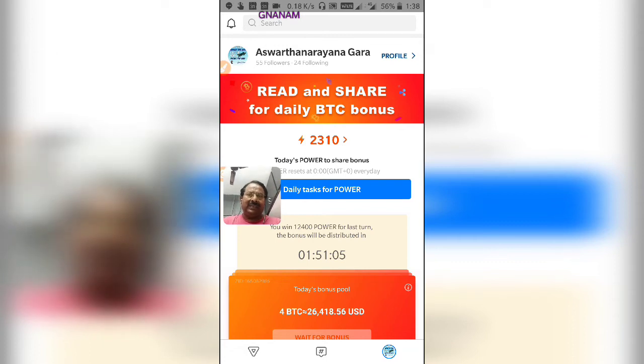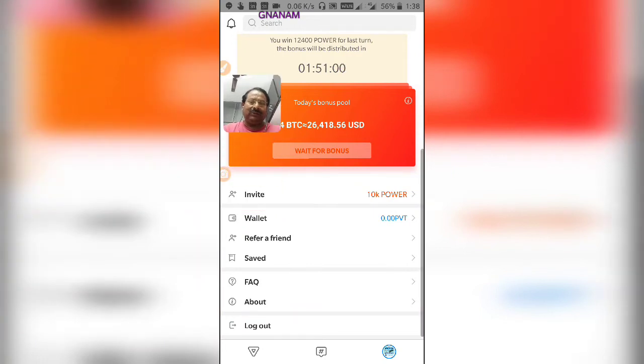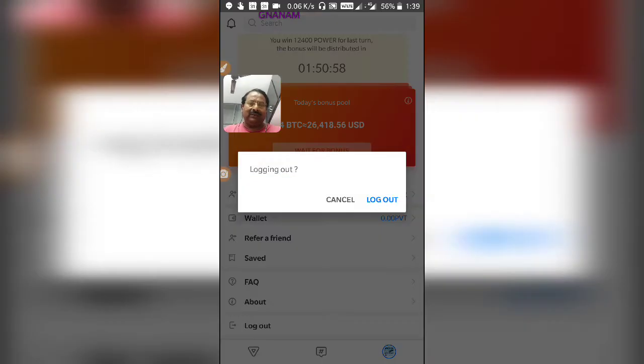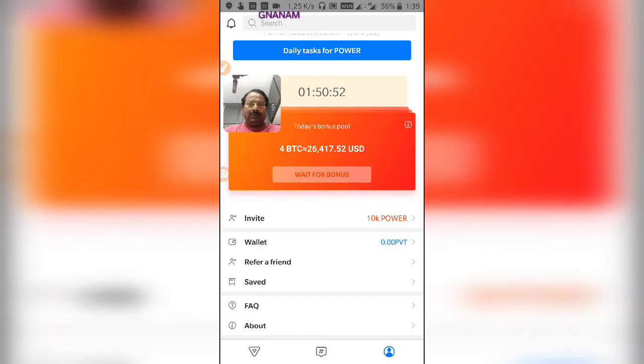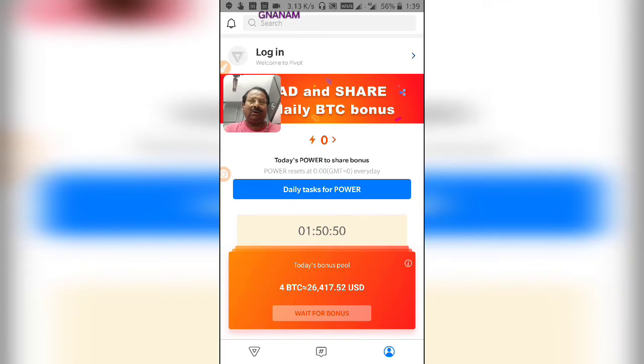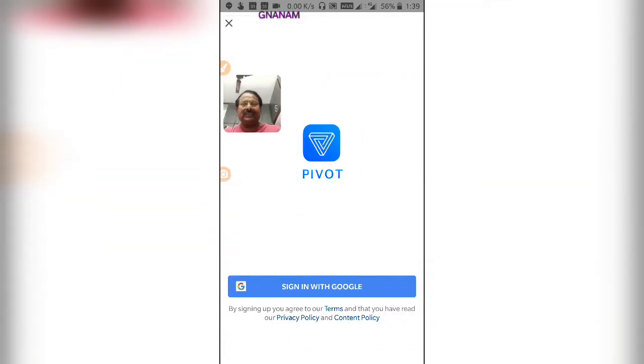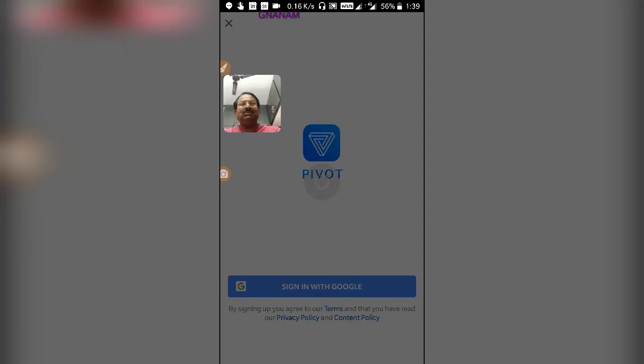Here, see, actually I am logged in now. Now I will log out and you can see how to get into this one. So log out. Again it will ask for login. You have to log in through your Gmail account.